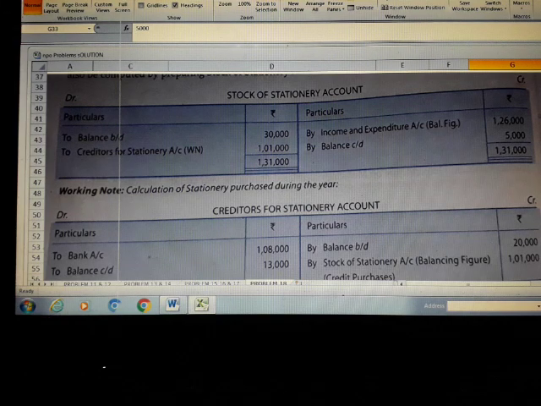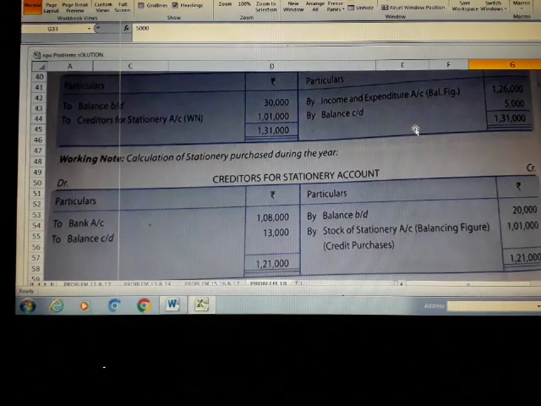The next one is, it is a stock, right? It's stationery which you are buying from someone. So obviously the someone from whom you are getting it is supposed to be your supplier. He is your creditor, because you would have got goods from him for cash and also on credit, and we do have credit transactions in this problem. So obviously you should find out what is the amount that you have paid to your creditors, or what is the amount that is owed to the creditors. So for that you are opening the creditors account also immediately. Only then can you fill in some value here.